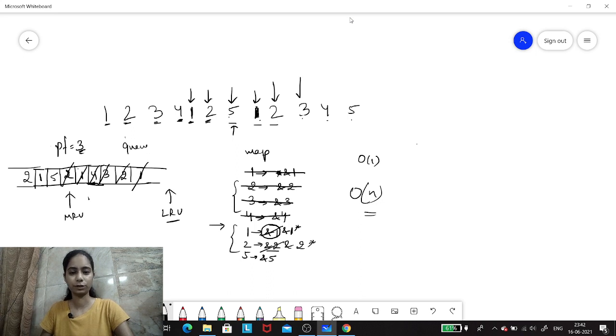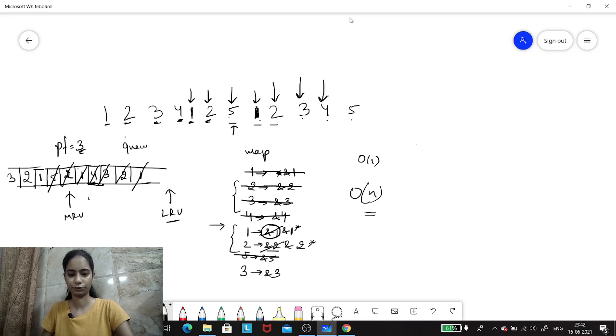Then the next value, 3, is pushed. When 3 is to be inserted, I'll check whether 3 is present in the map. No, it's not. So it will remove 5 from here and invalidate 5 from the map as well. Now you can notice that the back always denotes the element which has been least recently accessed, so we can easily remove the element from the back side, right? So now 5 is removed and invalidated, and 3 is inserted into the queue and the new address of 3 is inserted into the map.